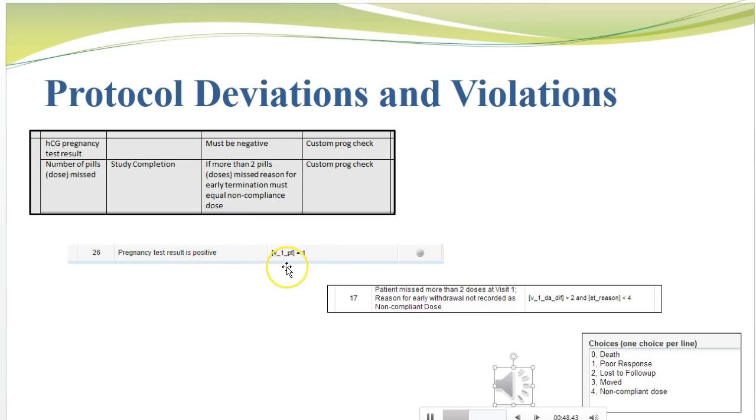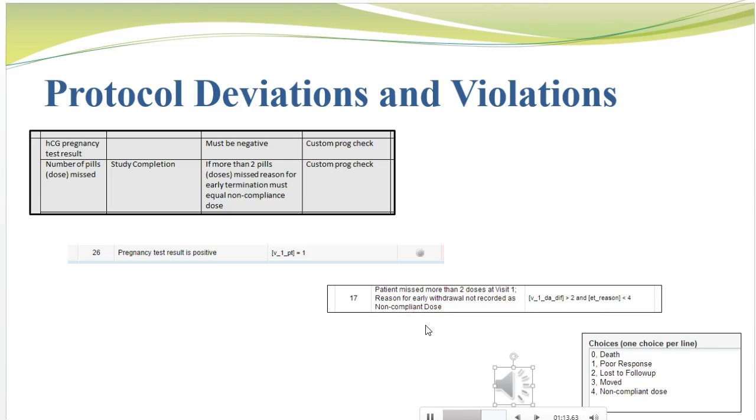positive. Now, we also know that the protocol says any participant who misses more than 2 oral contraceptive pills in 1 month must discontinue from the study. Again, this is to protect a potential fetus by ensuring a patient does not take study drug and then become pregnant because they've missed the doses. We know the risk of pregnancy rises if 2 oral contraceptive doses are missed in a 30-day